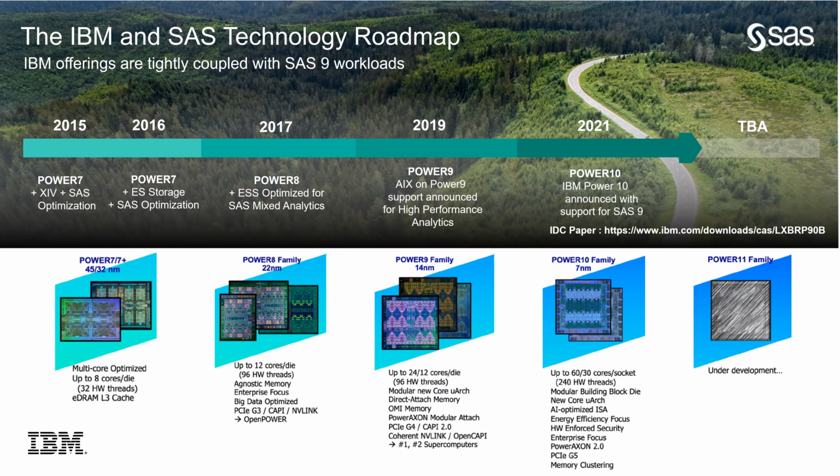You can see as we go across from left to right, the IBM technology. I am a Power specialist, and that's what I've been doing for 30 some odd years here in IBM, and close to 25 of them working directly with SAS. But as you can see, the technology has shrunken significantly from the 45 nanometer chip technology that we had in Power 7 to what we just delivered within the past several months with Power 10, which is 7 nanometer. So we just delivered the first 7 nanometer commercial platform in the market, to my knowledge,